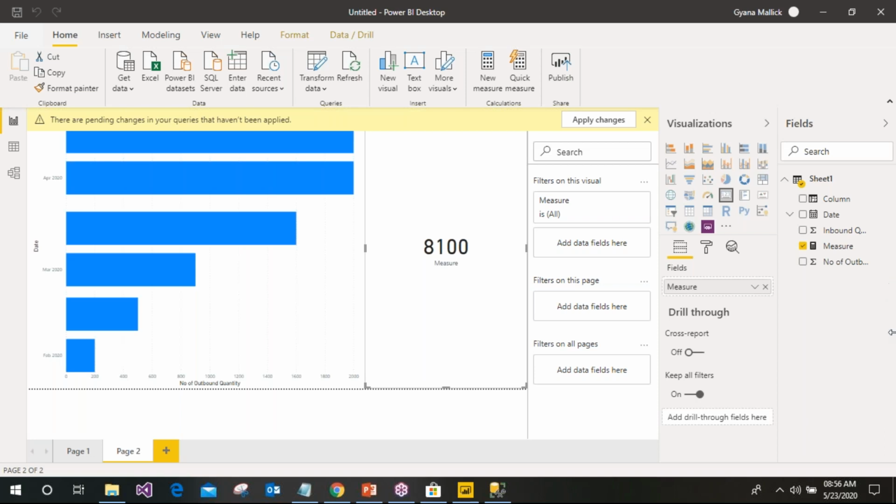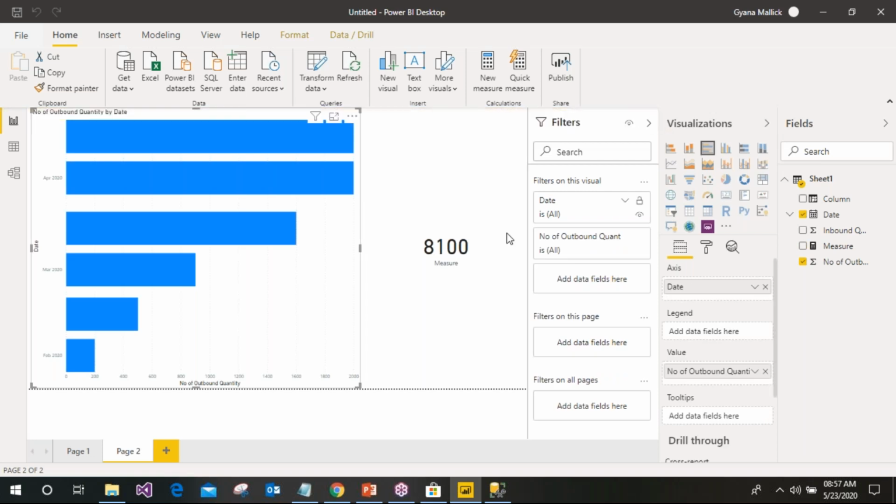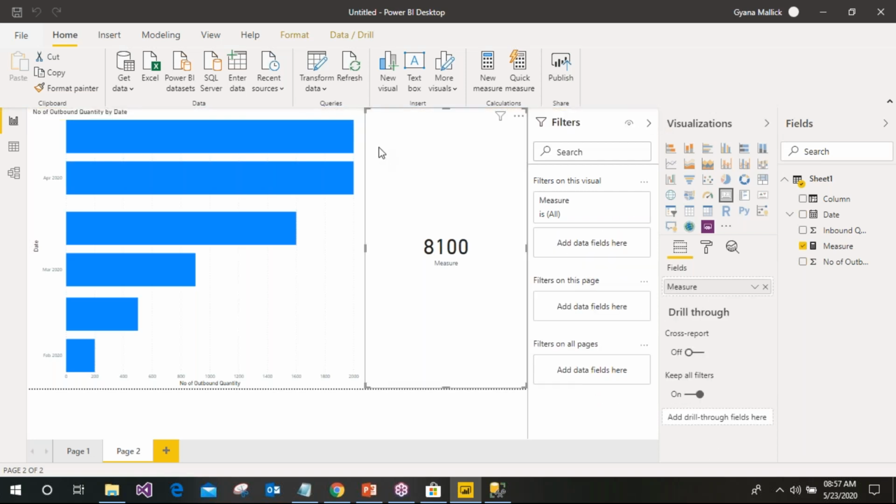Okay. So this is the way we can create measures and columns, and I think you got a clear idea about Power BI and the basic things we have in Power BI. The rest of the things we will cover in the regular class, and in a regular session we will discover more about DAX functions, what DAX functions we have, and how to create some